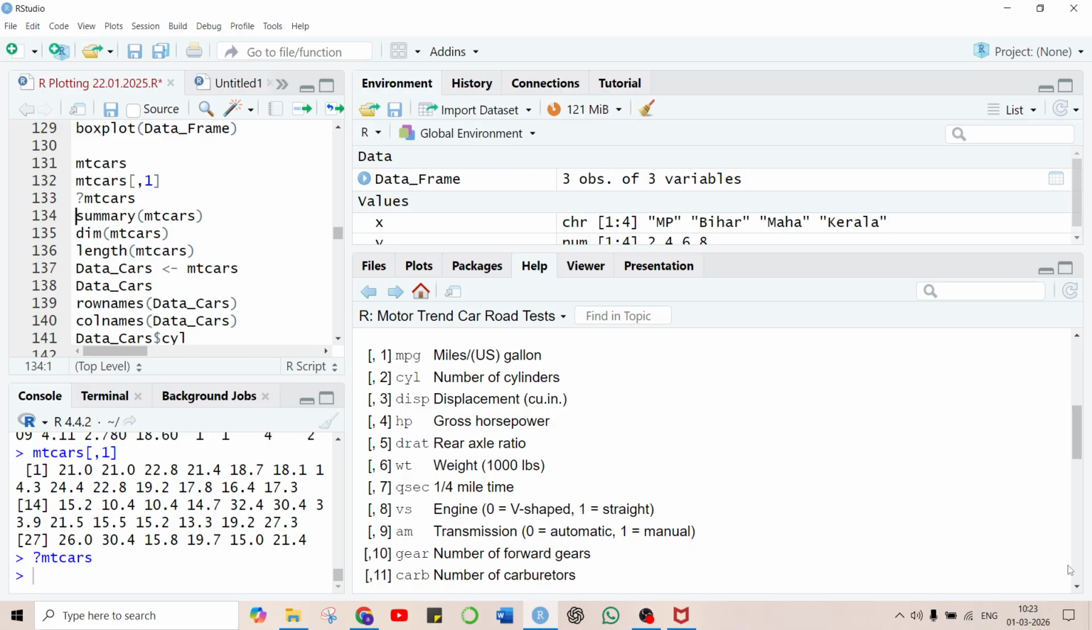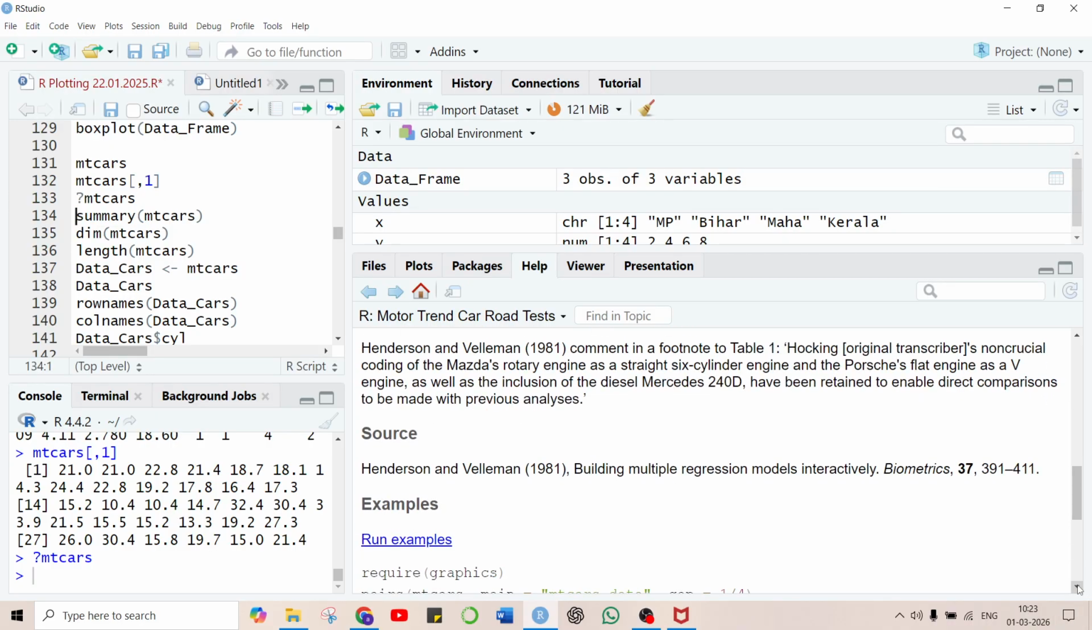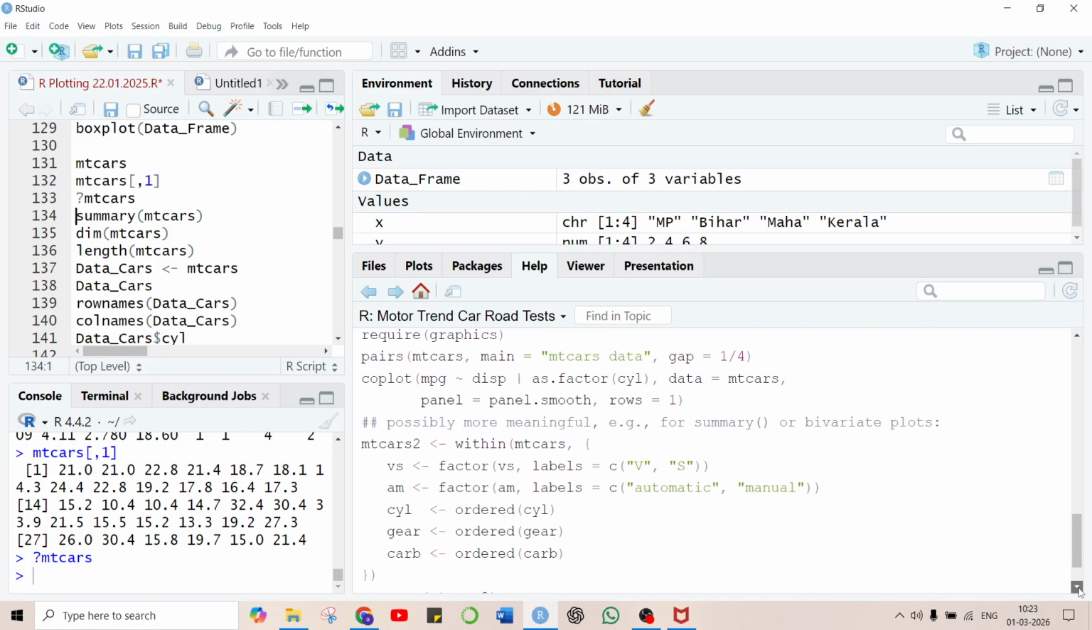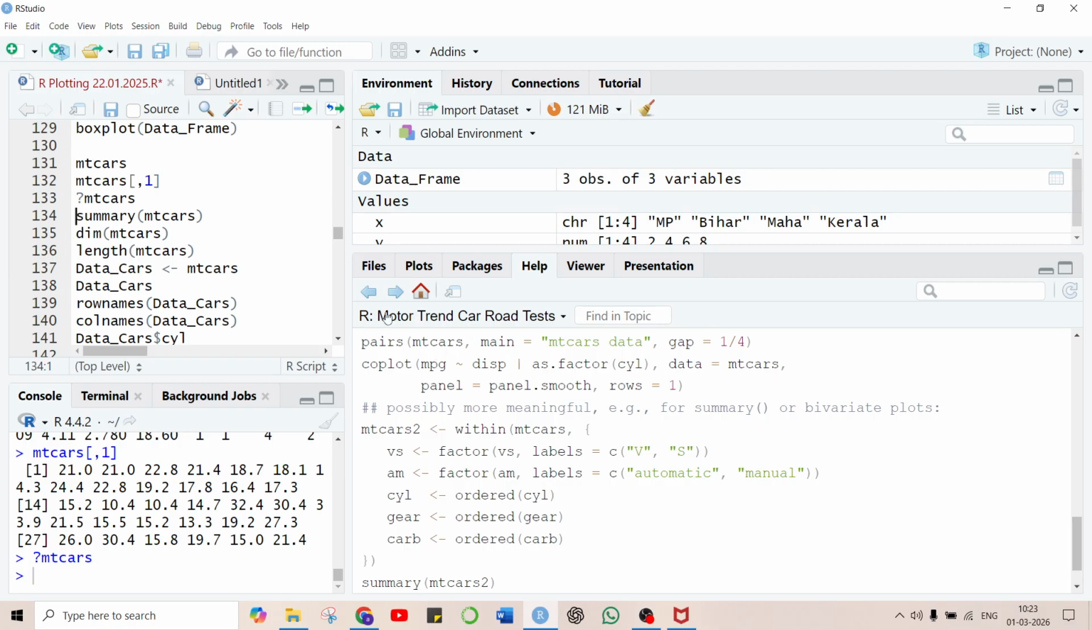So it's almost 50 plus years old data, and the source of this is Hocking, Henderson and Velleman, who were building multiple regression models. Meaning, what is a regression? What are the dependent variables? What are the independent variables? Looking at the data, they will be deciding what the dependent variables are, right? So these are the examples,